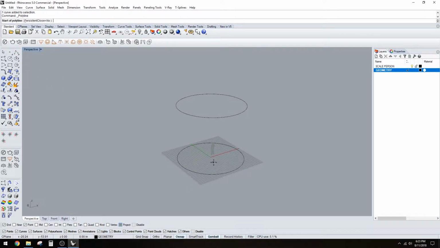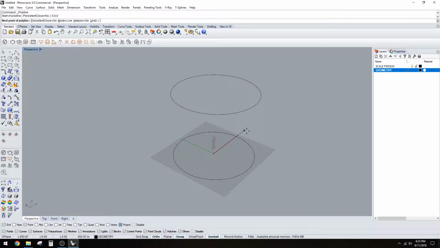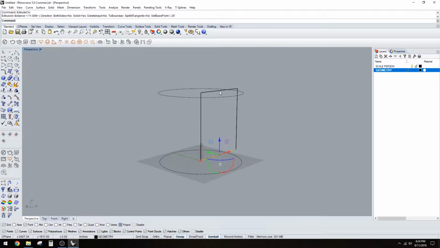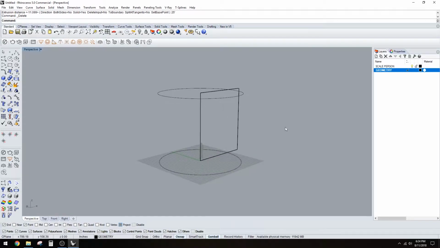So let's create the plane that we're going to draw the profile of the dome. Let's make a line at 0, 0, 0. I like to use polylines. Go here and then extrude curve. You want to extrude that the 25 feet. Or you can either use this as a guide to snap to it, or you could use the exact dimension. Once you have that,